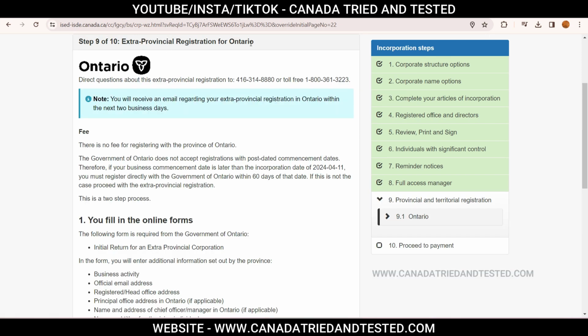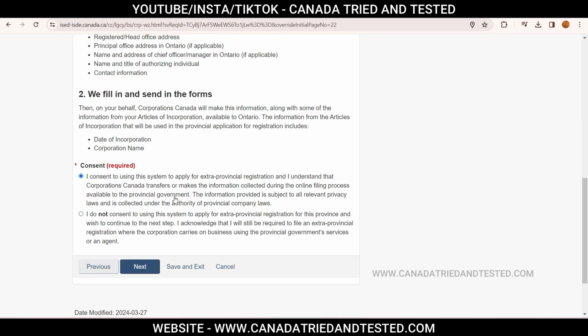On this page, this is specific to Ontario. You can see here for any direct question about extra provincial registration, you have this phone number and toll-free number, okay, and then fee. There is no fee for registration within the province of Ontario, and this I had shown you even earlier. Then once you come down, you see here this consent is required, and I'm choosing the